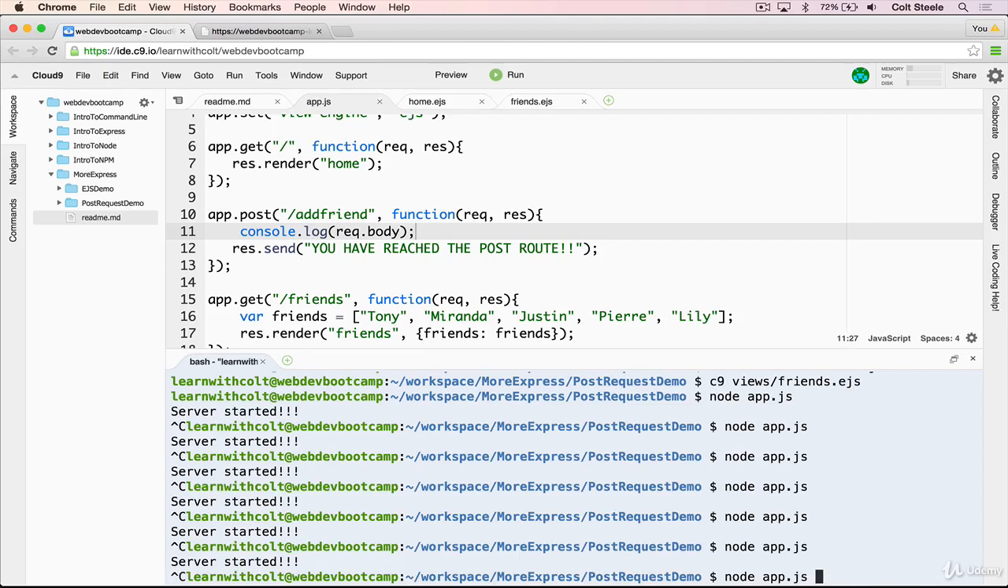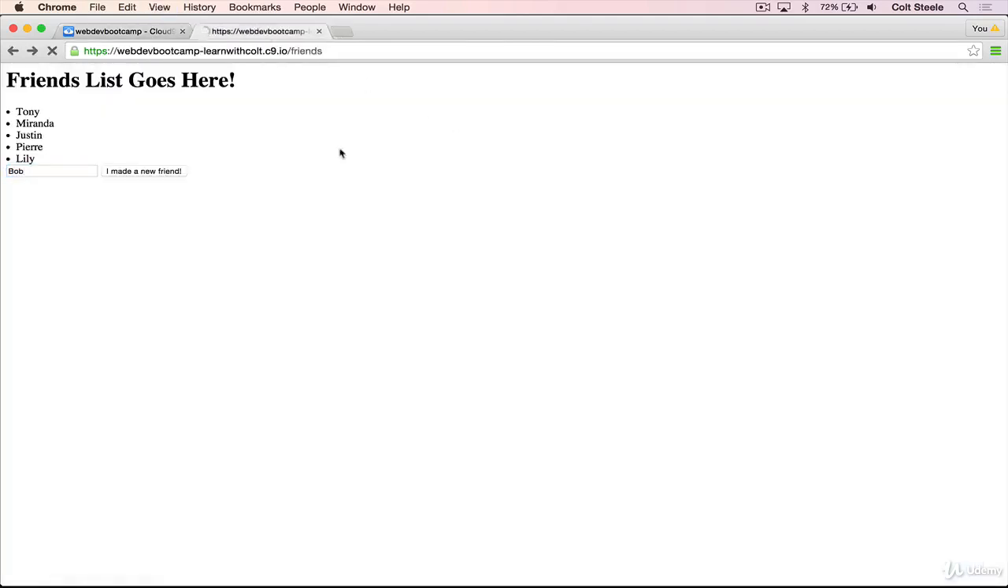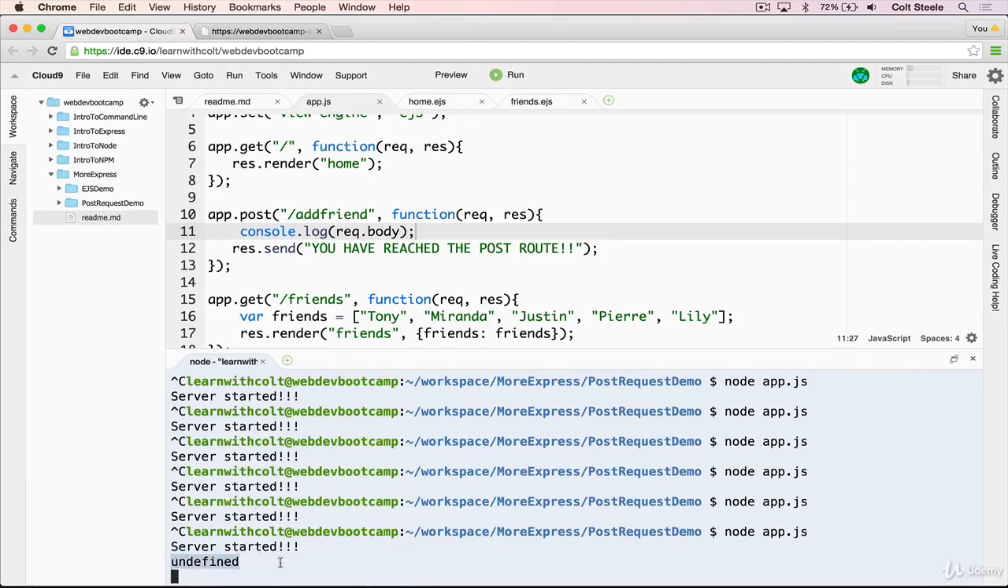However, that's not going to work because we're missing one small piece, and I'll show you that it doesn't work first. So let's add in Billy. I made a new friend. We get "you have reached the post route," and we get a console.log here. request.body is undefined. And that's because Express out of the box doesn't actually create the request.body for us. We need to explicitly tell it to take the request body and turn it into a JavaScript object for us